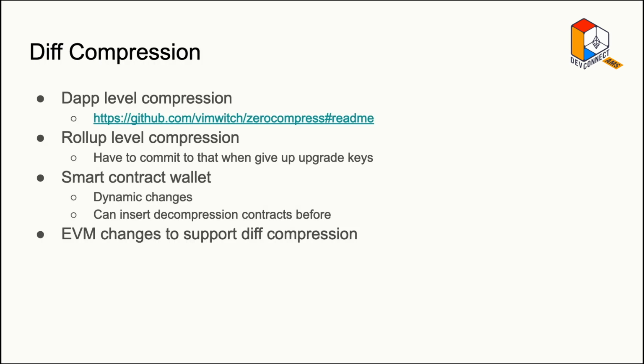Another thing that makes L2 better and can be deployed on different rollups is this idea of call data compression or diff compression. There's two kind of approaches to doing this. A lot of rollups include this as part of their system. Arbitrum has this kind of compression logic that will basically go and take all of the.